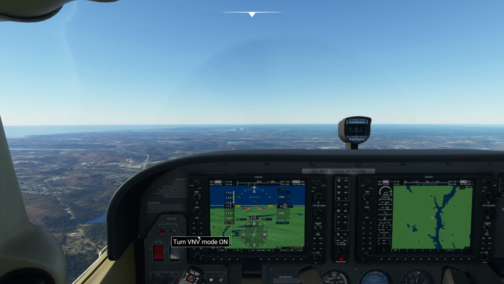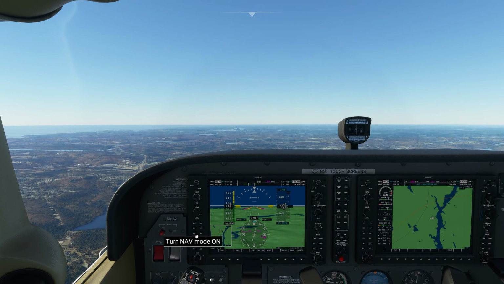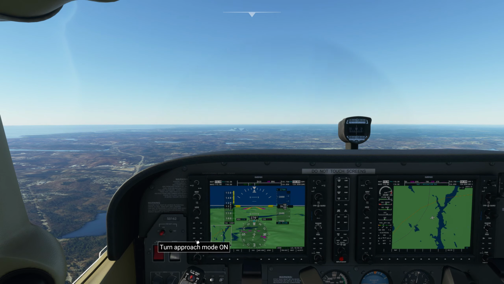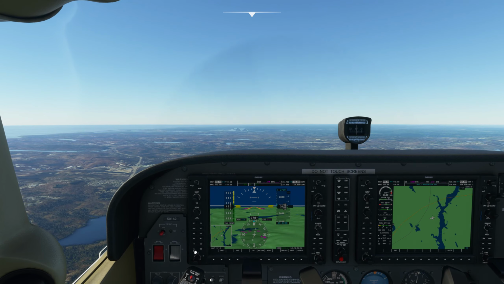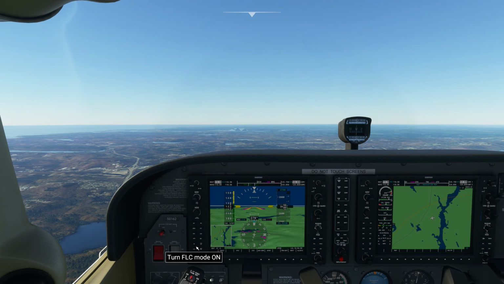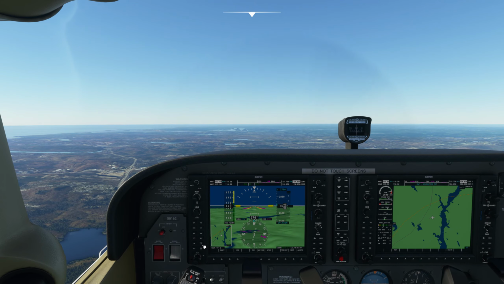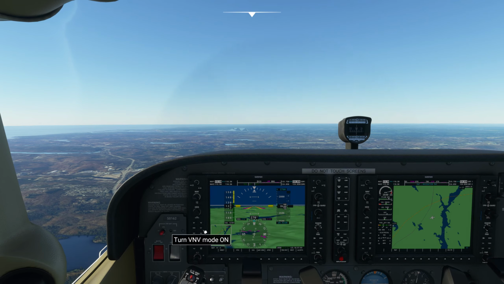Alright, so we're going to turn that off. We don't want that on, I think. That's off. That's off. That's off. The vertical speed mode is off. Okay, so now